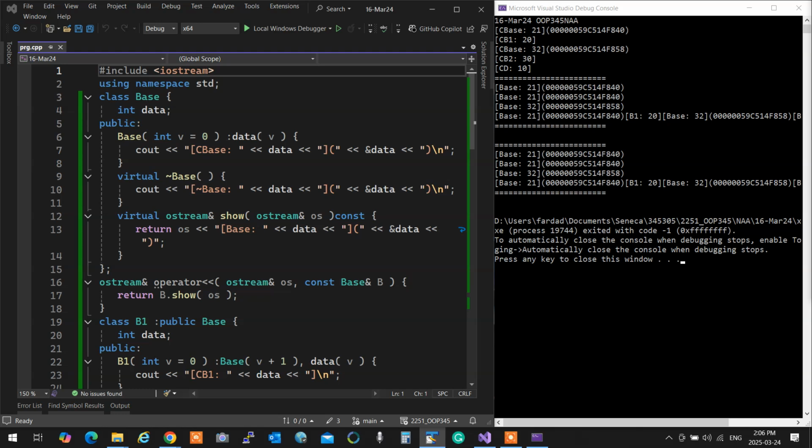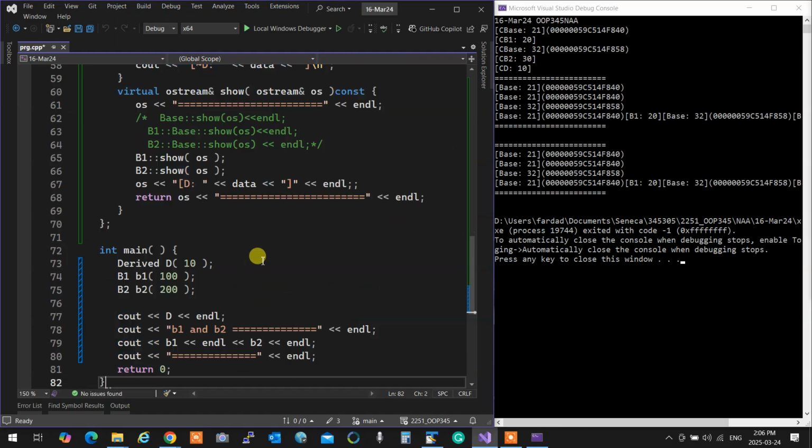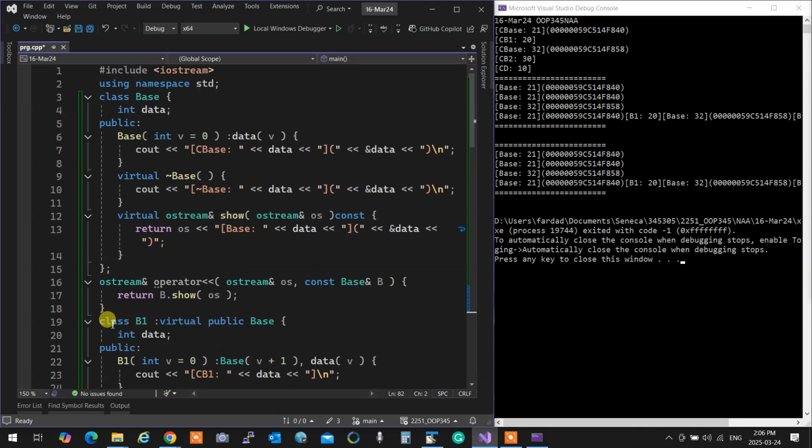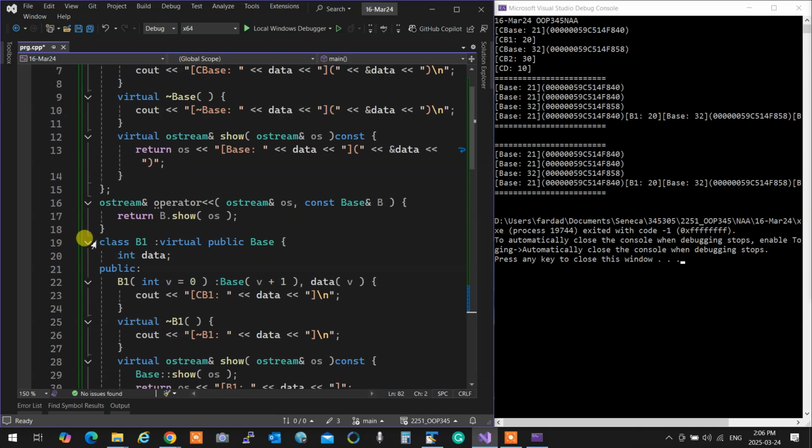Now, what you can do is this. This is the exact same thing, but look at the inheritance over here. What does it say? It says class B1 virtually inherits base.